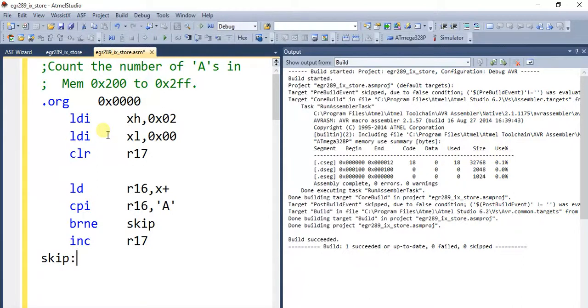And after the skip, we'll need to do a compare, CPI X high to a 03, a branch if not equal to more, and more will bring us back up to the top of the loop to continue to look for A's, and otherwise we'll need to